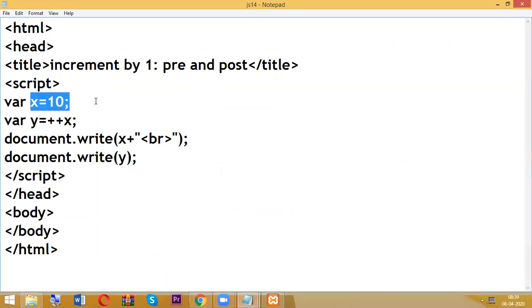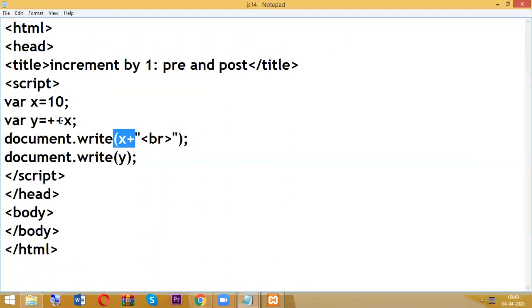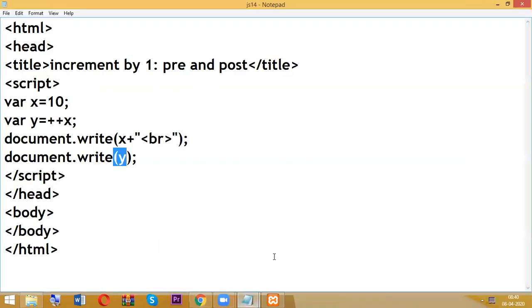Initially x value is 10. Pre-increment means before storing in y variable, x became 11. So that is the reason the x output is 11. At the same time, the same 11 is stored in y, that is the reason y also 11. So this is called pre-increment.